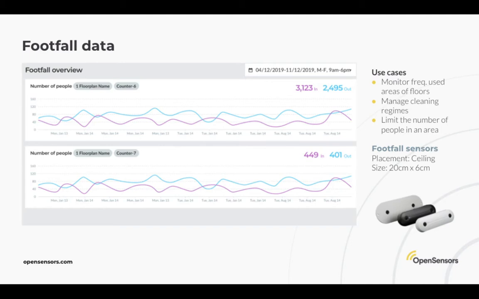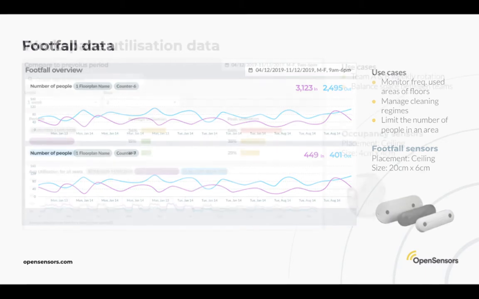The counters are put into entrances. They're used to zone areas such as collaborative areas and so forth. And really what it tells you is 5 people came in and 3 people came out within a time period, and it's very, very accurate, within about 97-98% accuracy, to really get a handle on the amount of